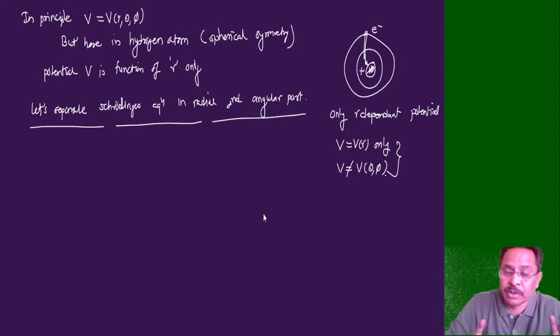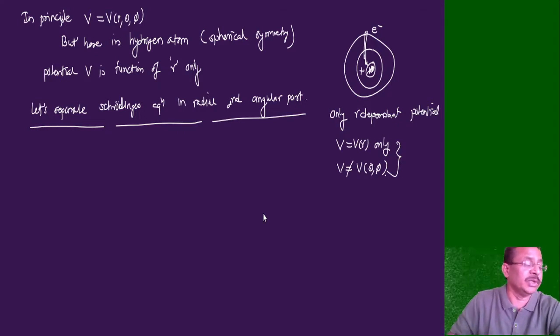As we know, V is a function of small r only; it is a spherically symmetric potential. It doesn't depend upon theta and phi, where you stand on that orbit. Theta and phi don't count on the potential, so the potential is symmetric, and that's why I can separate this hydrogen equation or Schrodinger equation into the radial and angular parts as follows.